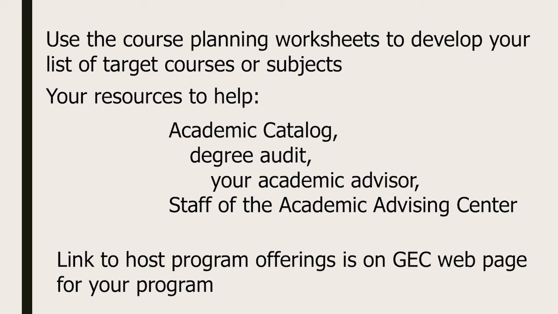So the catalog is always the source of all your information for academic requirements and questions. And then the other important resource that you have, and if you haven't found it yet, you need to know where to find it, and that is the list of courses or the offerings at your host program. Again, that's host program information. That's not Elon information. So you need to know where to find it on the host program website, how they present that information,